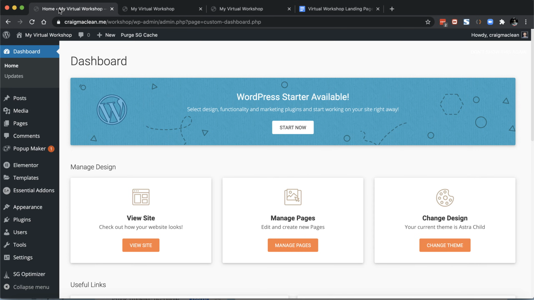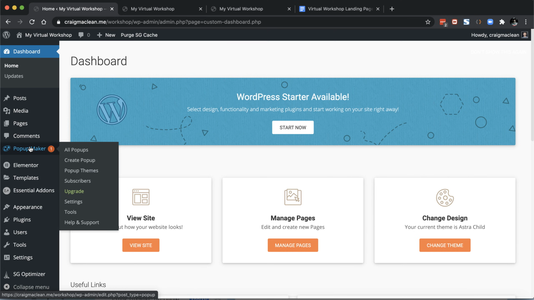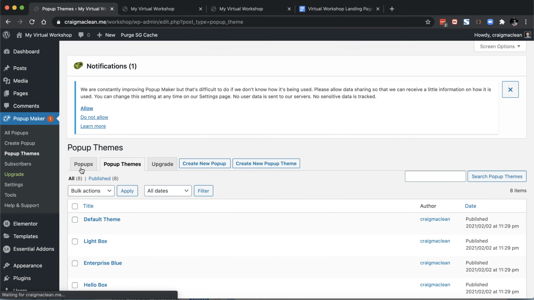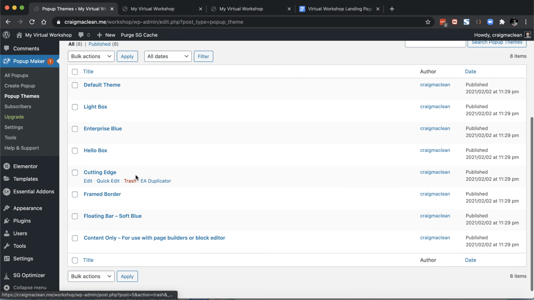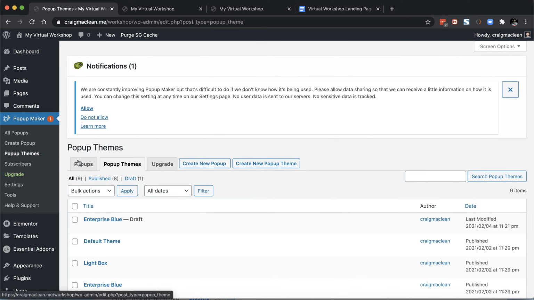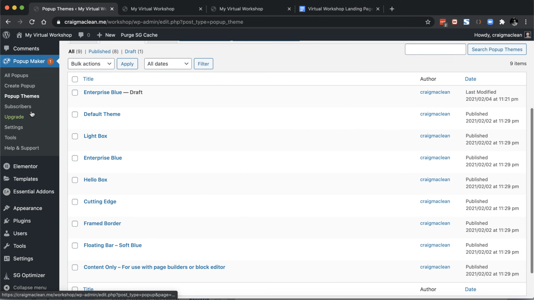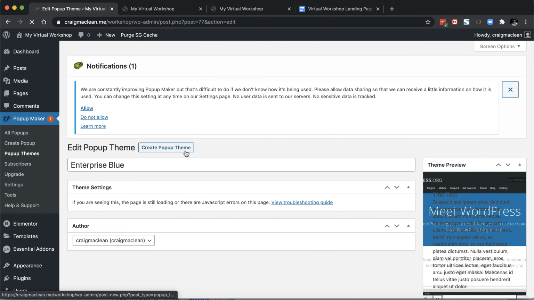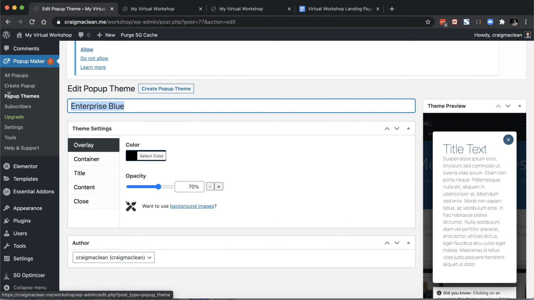Okay, so first thing we're going to do is hover over pop-up maker and choose pop-up themes. Okay, and we've got a number of different pop-up themes here. I'm just going to take this enterprise blue and duplicate that. So we're first going to create a theme that we're going to use for our pop-up. So you'll see it's created a clone here which is called draft. So I will click edit